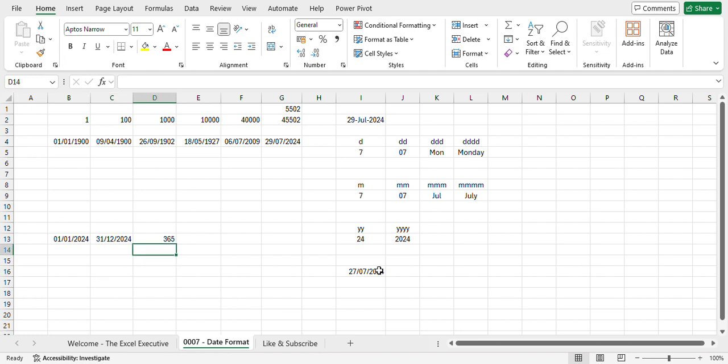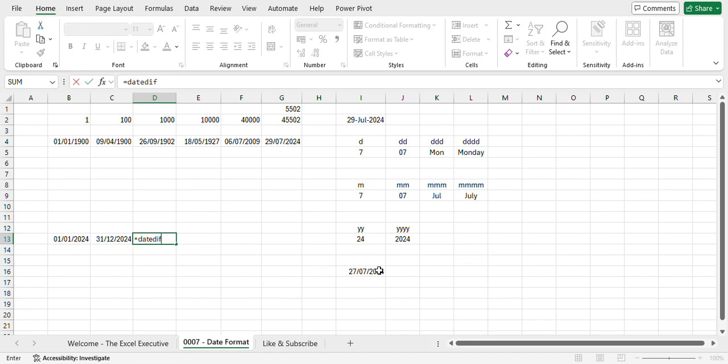And the last thing that I'm going to show you is a formula which you can use if you want to calculate the days or the months or the years between 2 dates. So it's equals DATEDIF, start the parenthesis. And this is a very useful formula when you're trying to calculate between 2 different dates. So you take the starting date, comma, the ending date, comma, and then in double quotations,